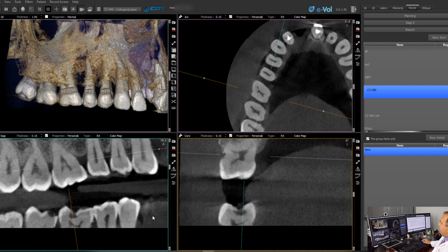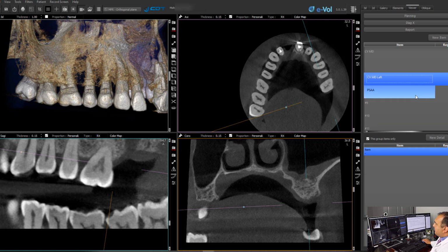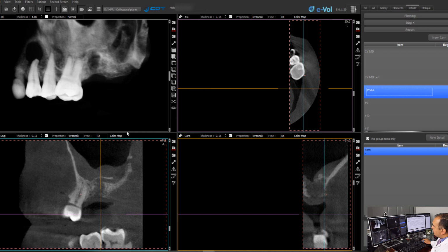So as we continue to navigate the case, it's important to evaluate all the structures on the scan. On the left-hand side of the patient, you will see that the second premolar was extracted. And this extraction occurred about 2 months ago. So this area is in a healing process. But what is interesting about this case is what you actually see here with the posterolateral wall of the sinus, which is the posterior superior alveolar artery. And in this case, the artery is very enlarged